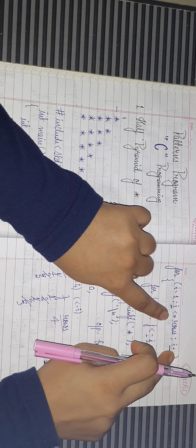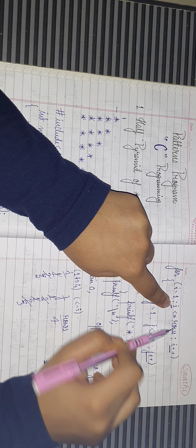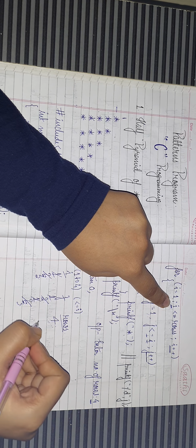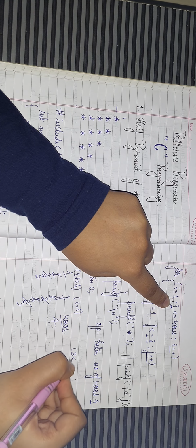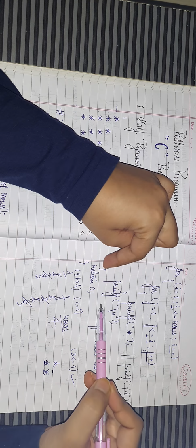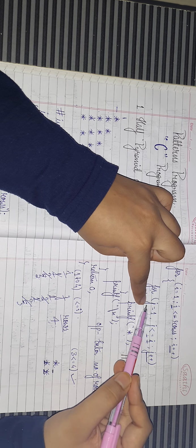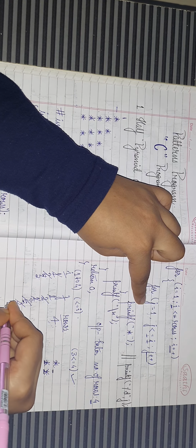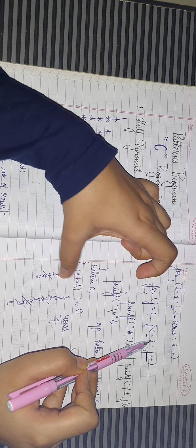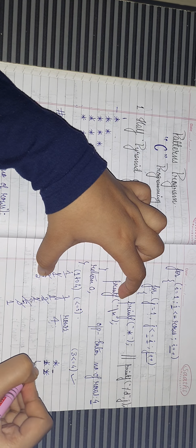Now we are checking that the i value, which is 3, is less than or equal to the rows value, which is 4. Yes, 3 is less than or equal to 4. So the condition is satisfied and we will enter this for loop. After this for loop, we are entering j equals 1. Again the j value is assigned to 1. Now is 1 less than or equal to 3? Yes, the condition is true. We are printing the star value.